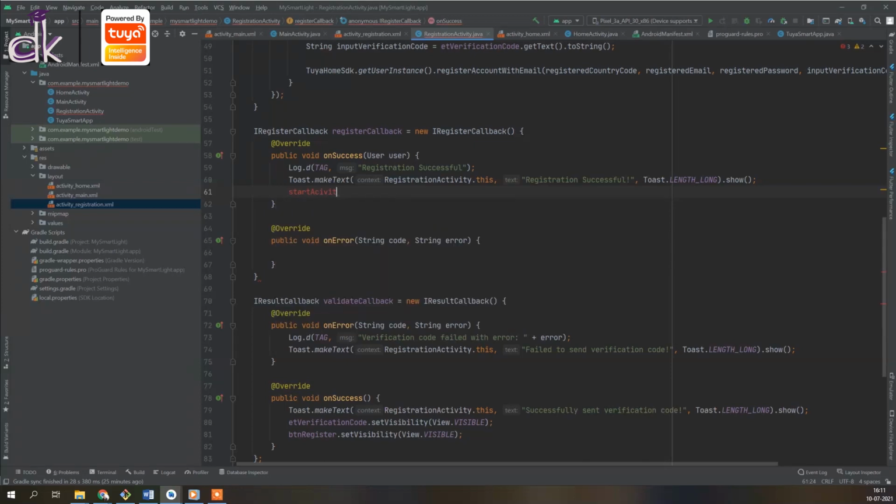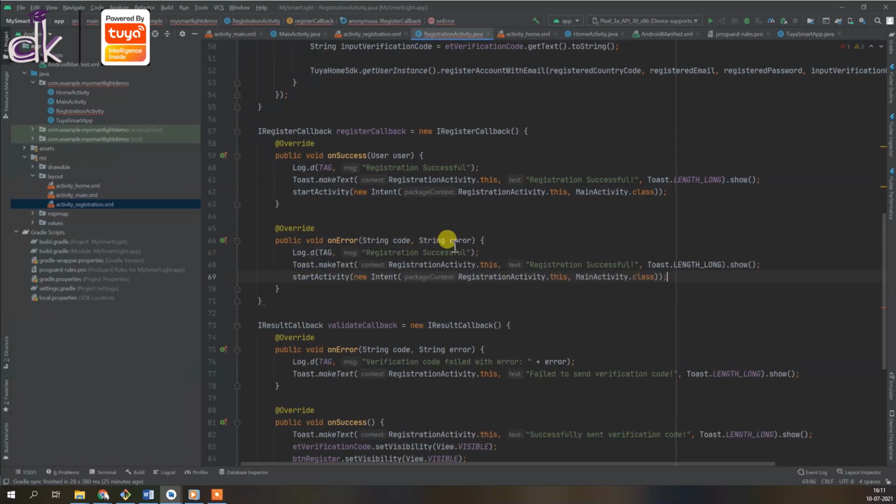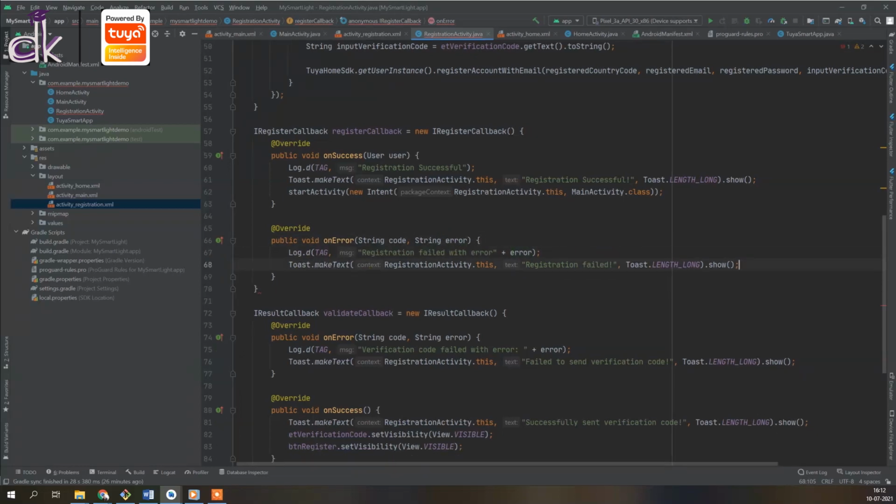So start activity. Okay, and in case there's a failure, then you want to add registration failed, and you have to obviously remove the start activity. Okay, and since this is a variable which does a particular thing once the callback is returned, you just need to add the semicolon here.